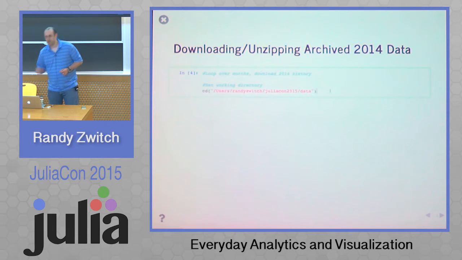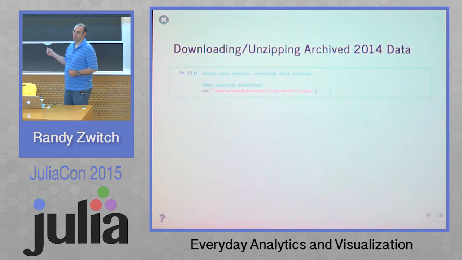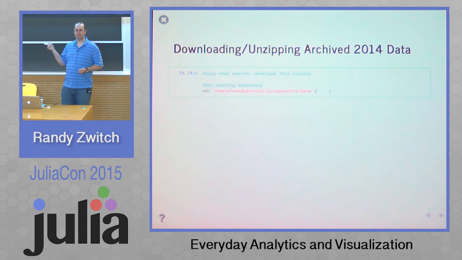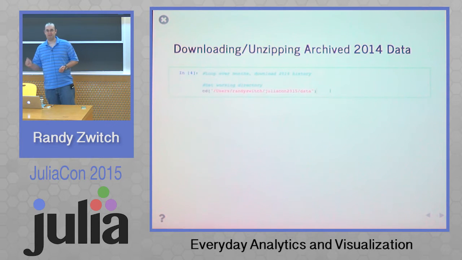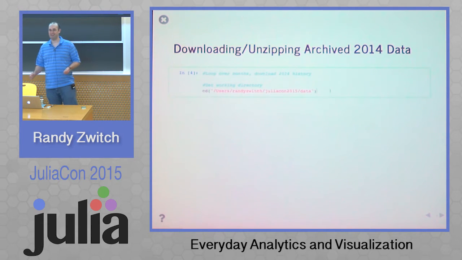So this is the data directory that I was talking about from GitHub. So I already have this downloaded on my computer. If you clone this from GitHub, I suspect it will be slower than if you clone it directly from City Bike's Amazon S3 bucket. But at the same time, if everyone connects to the S3 bucket from here, I don't know if that will kick everyone off. So, we'll see how it goes.